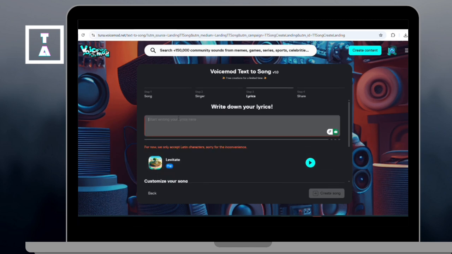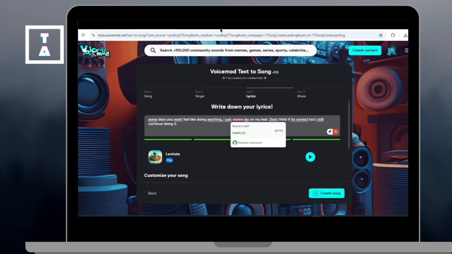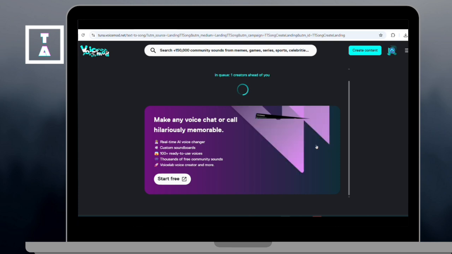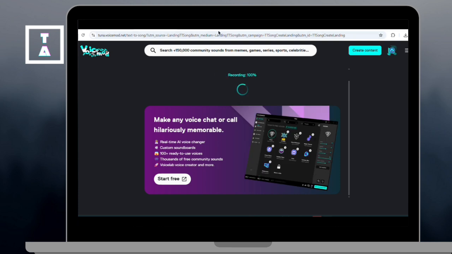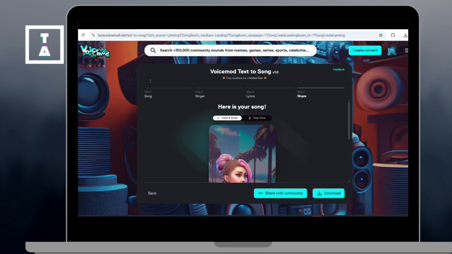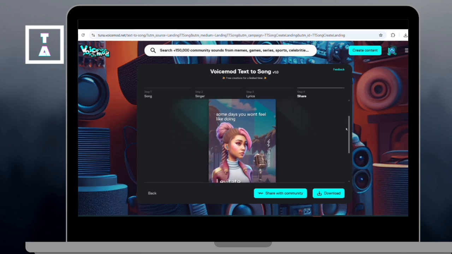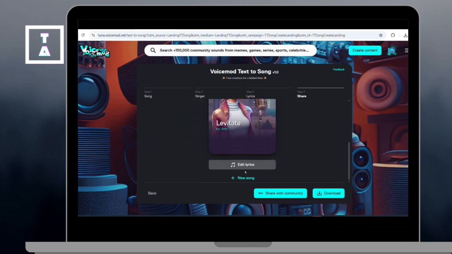Now, paste your text or type any lyrics that you want to turn into a song. Then, after that, click Generate Song and wait for a few seconds for Voicemod to create it. And that's it. You can now preview and download your song, perfect for TikTok, Instagram Reels, or